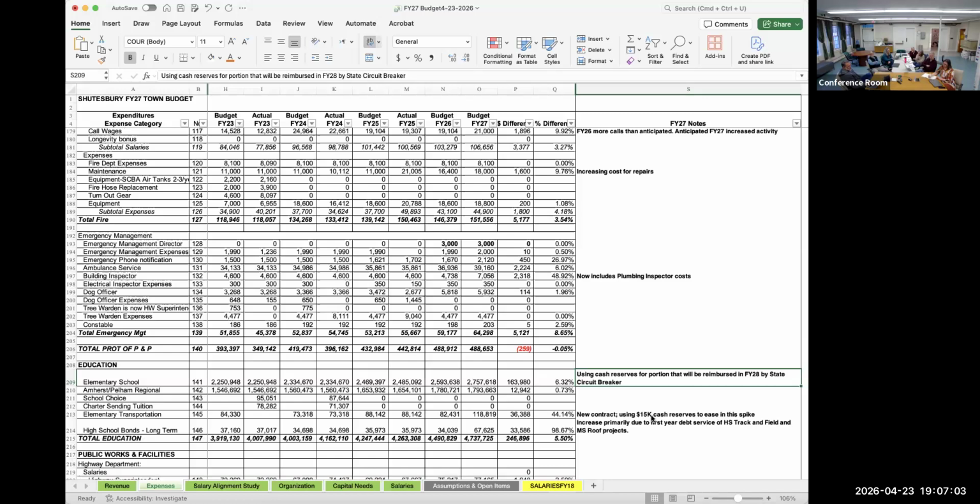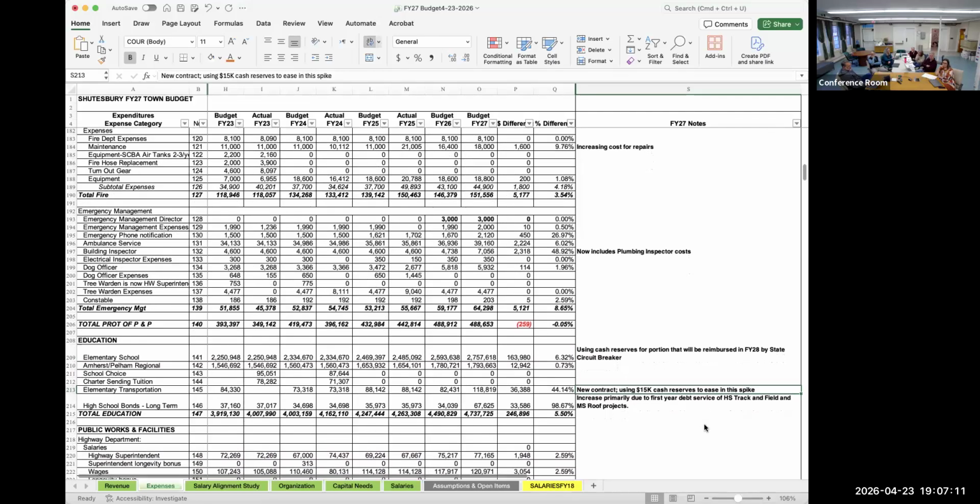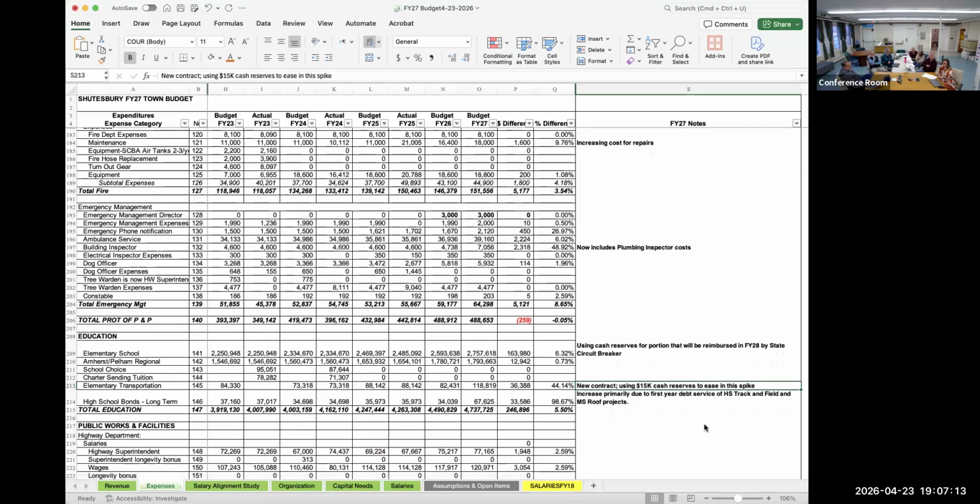Okay. All right, elementary transportation, new contract using 15K cash reserves to ease in this spike. Everybody knows what a spike is. All right, and then